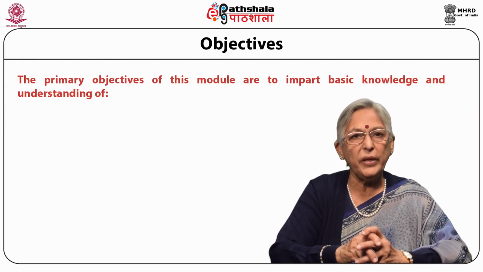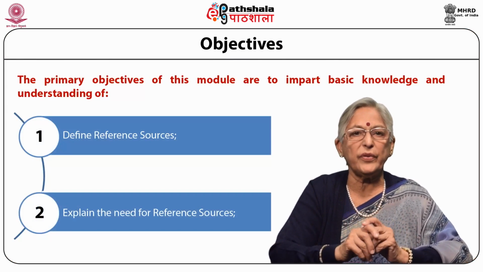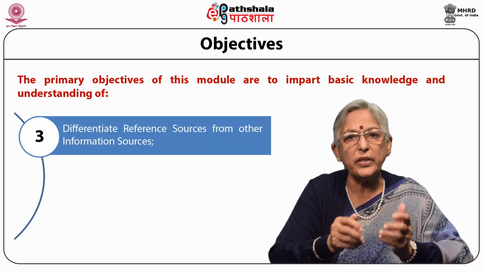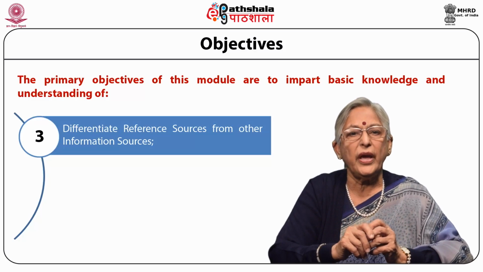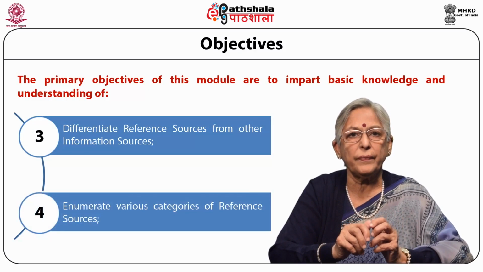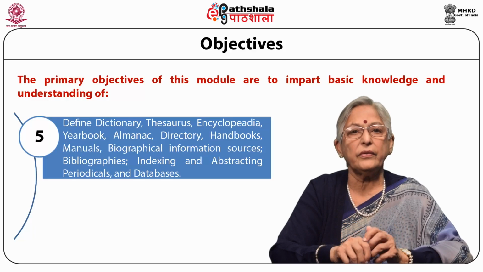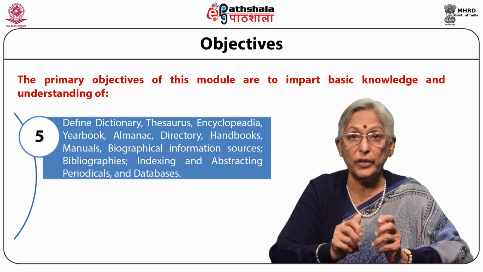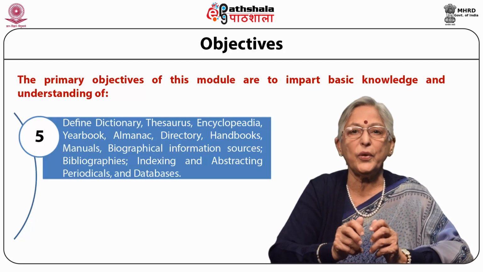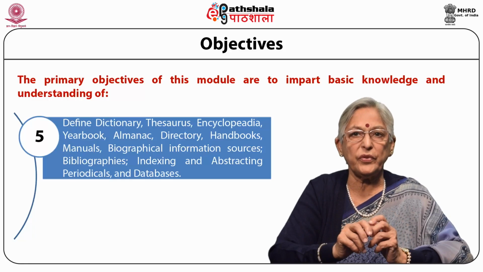In this module, you'll be able to define reference sources, explain the need for reference sources, differentiate between reference sources and other information sources, enumerate various categories of reference sources, define dictionary, thesaurus, encyclopedia, yearbook, almanac, directory, handbook, manuals, biographical information sources,